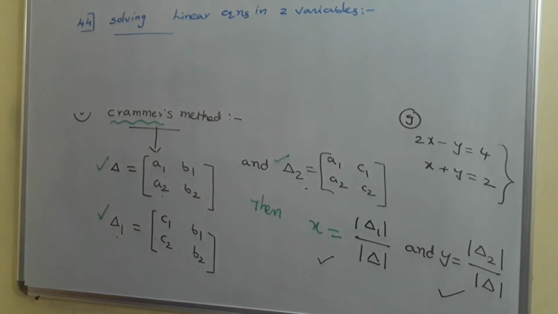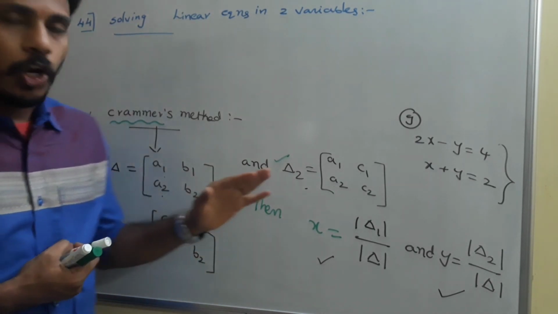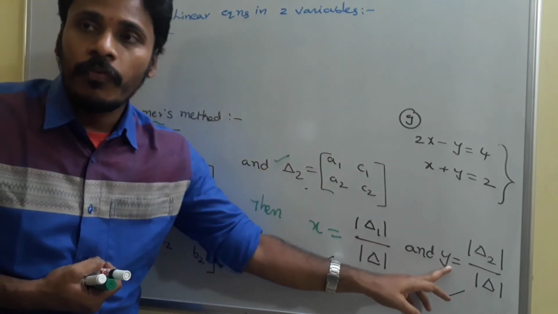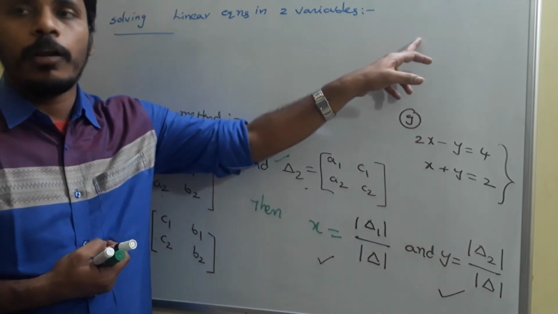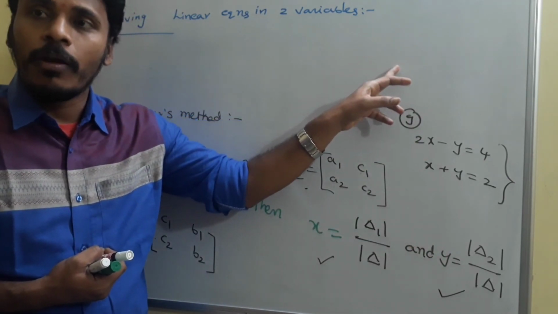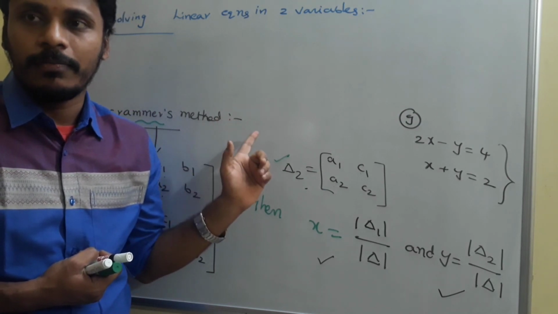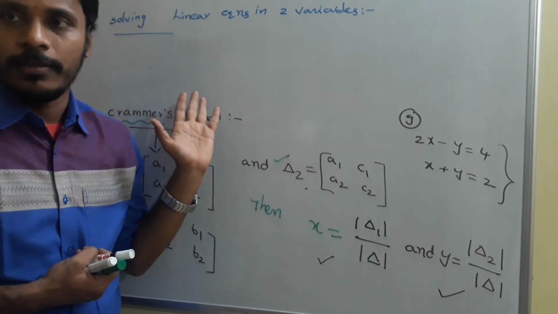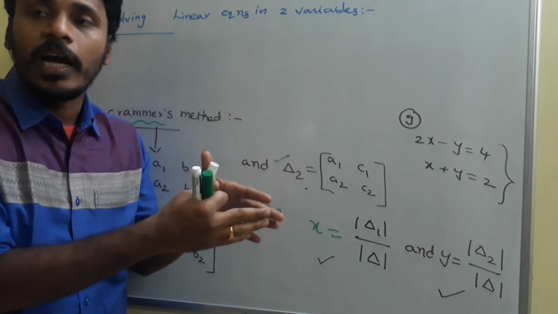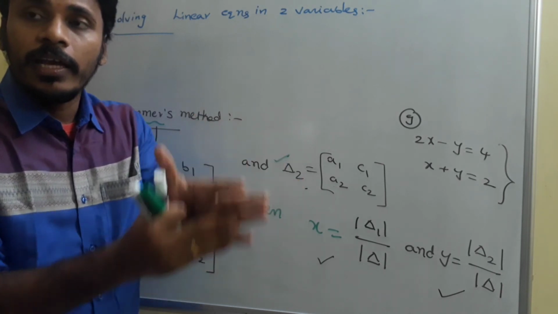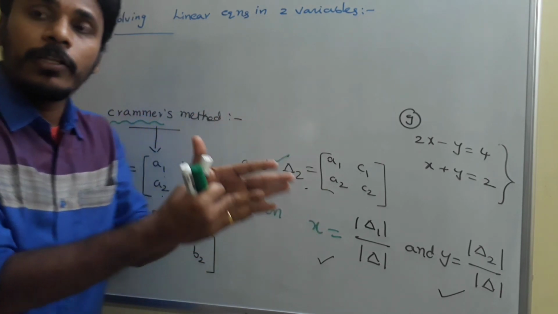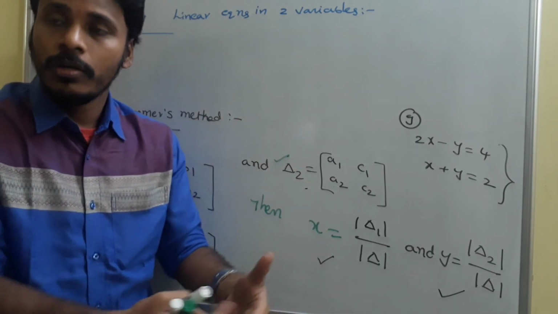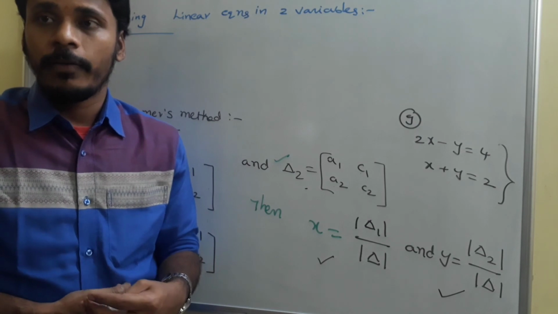Ultimately, usually we use Cramer's method to find the values of x and y. To find those values in Cramer's method, we need the formulas, and to find those formulas we utilize the matrix inversion method. To check whether the matrix inversion method is correct or wrong, we need the basic elimination method. That's why we are extending the ideas from the elimination method to the inversion method, to the formula method, to Cramer's method, and in the next point we develop it from Cramer's method to the cross multiplication method.